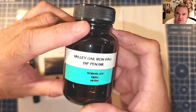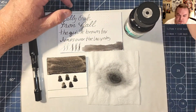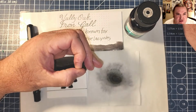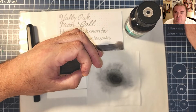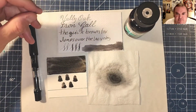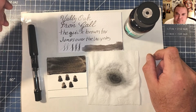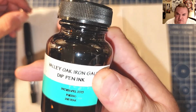So, these are Oak Gall. This is Oak Gall ink. Oak trees make these balls. I think they're like nuts, seeds, and then a bug will drill a hole in it and eat the seeds, and then they will leave their home and they'll pick those galls off the tree or off the floor, and then they'll smash them with a hammer, and then they will put that with some other chemicals in a jug and let it sit out for who knows how long, and then they'll add some more squish to it and some gum arabic and some water and other things, and then you'll have Iron Gall